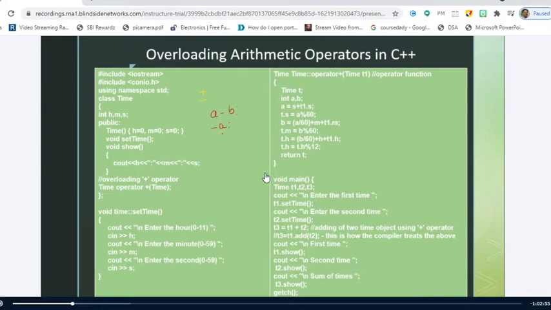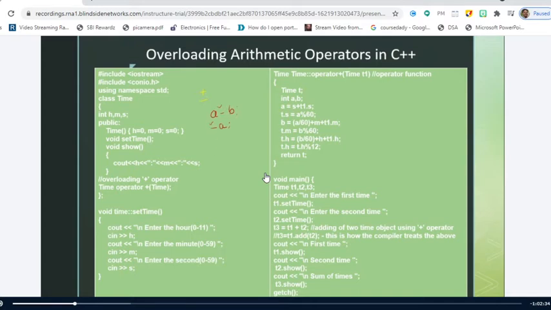Yes, sir, it is valid. Here we are making the value of A have the minus value. That means we are putting a negative value, right? So the minus operator can be used as the binary operator as well as the unary operator.